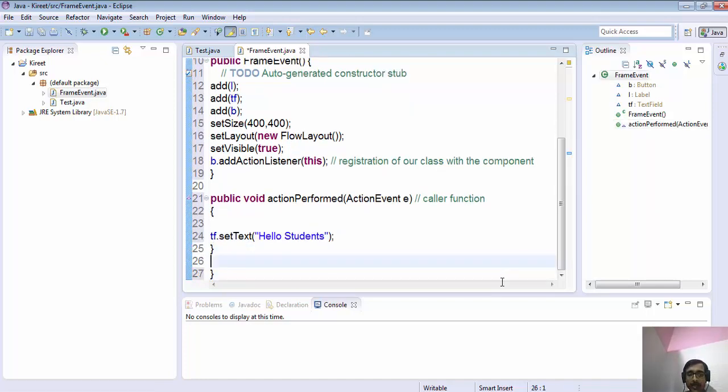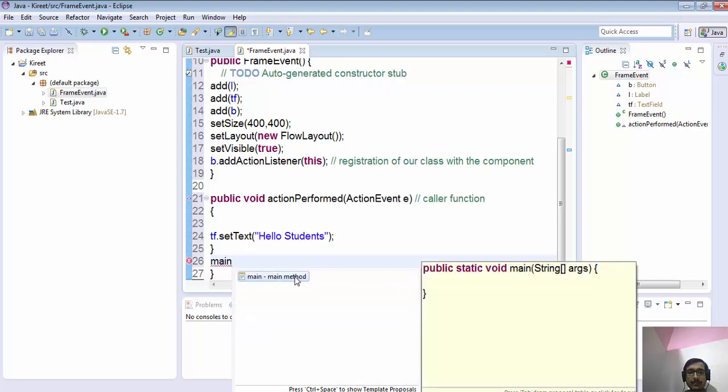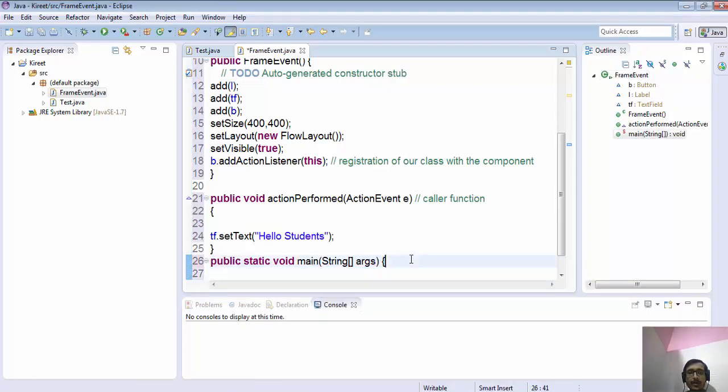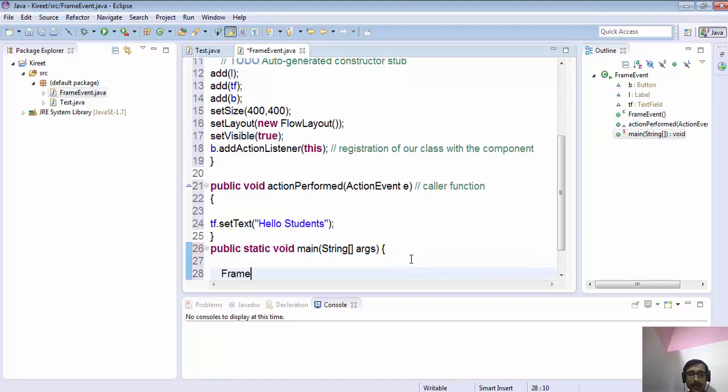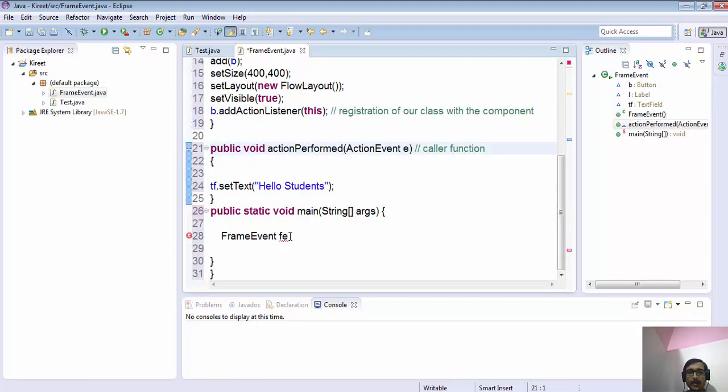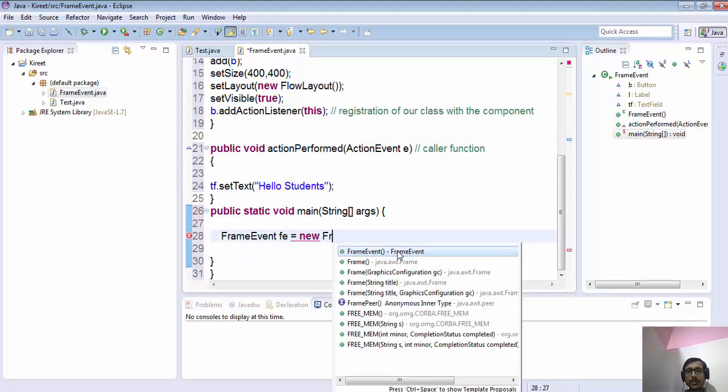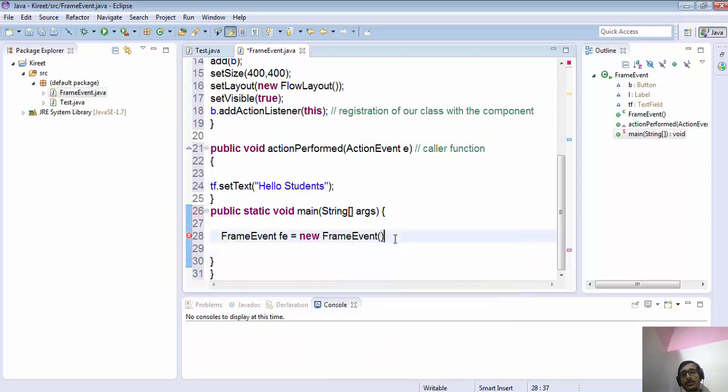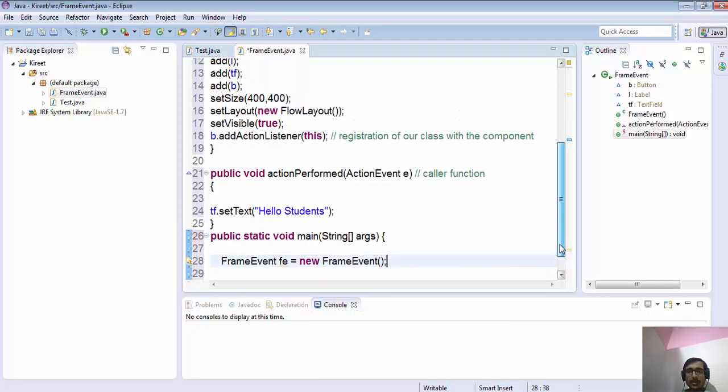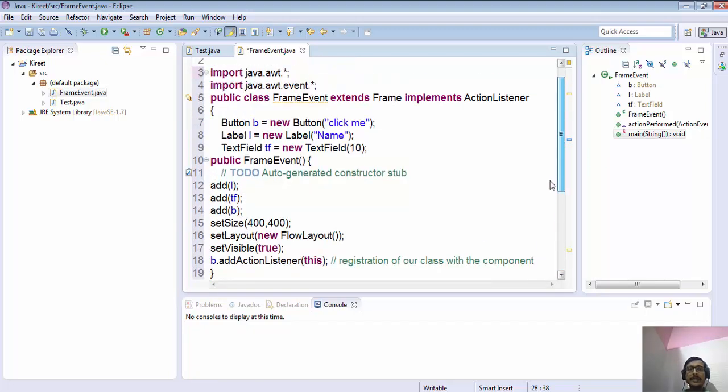Now we have to write main. In this main, we will create the frame event: FrameEvent fe = new FrameEvent. So a constructor has been invoked here, a default constructor, which we have explicitly created.